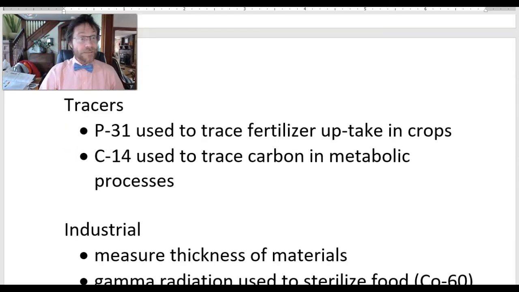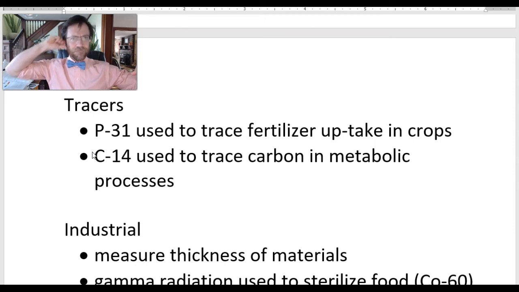Okay, where were we? Carbon-14. Take a plant, put it in a box full of carbon-14, and you can watch where the carbon-14 goes. You can see where it's putting the carbon-14 and whatnot. We've even used this in one experiment. There was a professor who couldn't quite understand it. It seemed like trees were communicating to each other, right? Like one tree got invaded by caterpillars, and then the tree next to it somehow